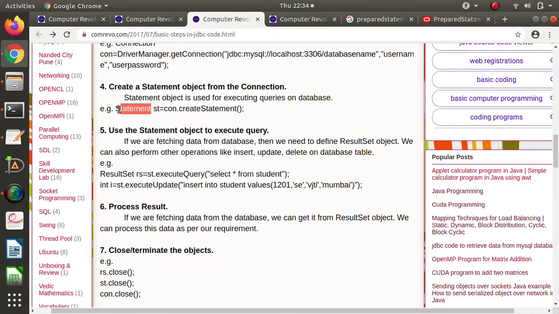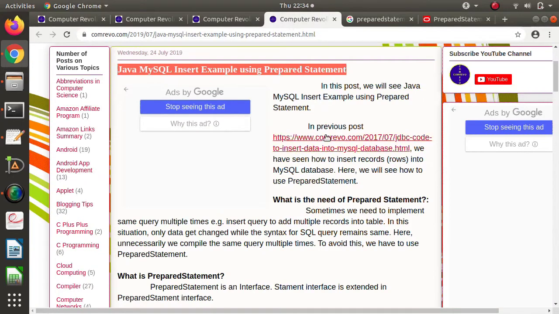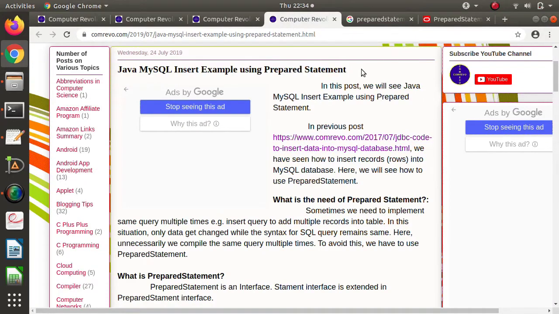Statement is an interface and its implementation is provided by the connection object, where we are calling the create statement method. When we write a JDBC program, for example, this is the program to insert a data row into the database.